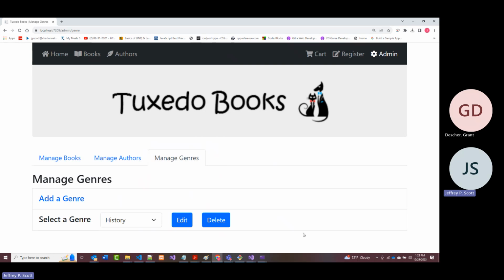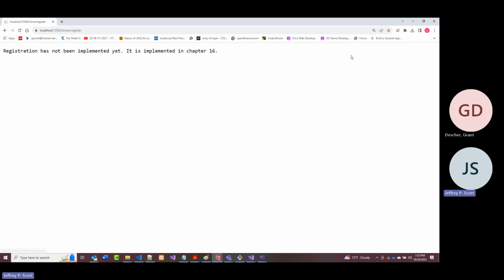So it's kind of cool in that you can see this is all in the admin section. All right, books, authors, and genres. That's the good news. The bad news is this registration function hasn't been implemented, and it's not implemented until chapter 16. So again, my hope is